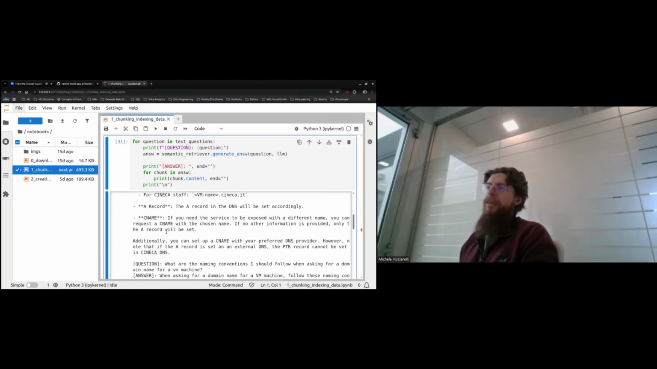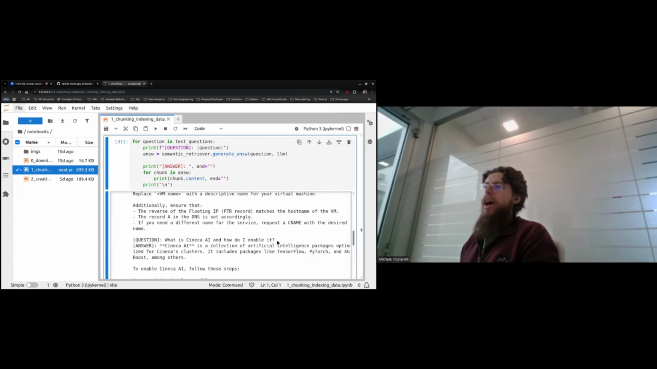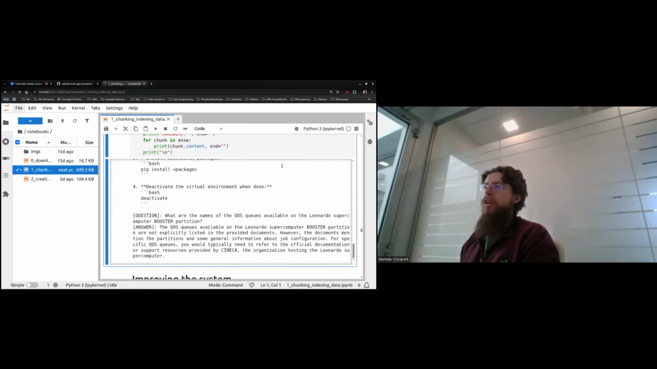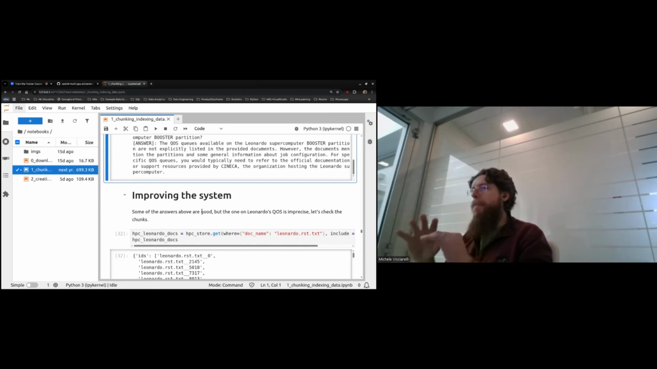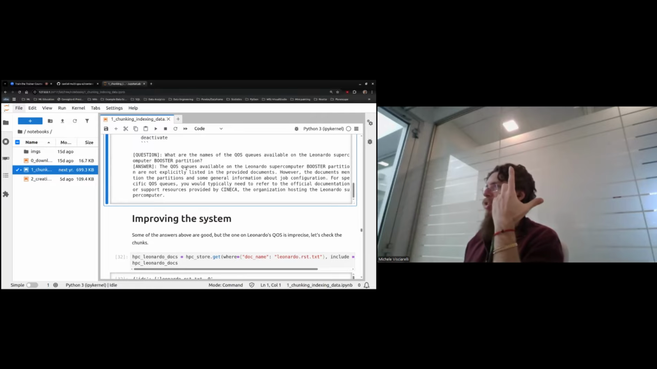You can do that in Cineca, naming convention for a domain name for a virtual machine, Cineca AI, which is a module that we have inside of Leonardo, and everything. So the information here is good right now. This is what we want, but it's not all, because this is kind of the bare minimum that we may have, especially if we realize that still one question is not very precise,